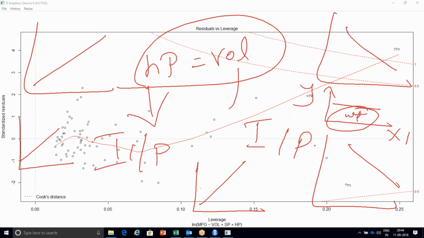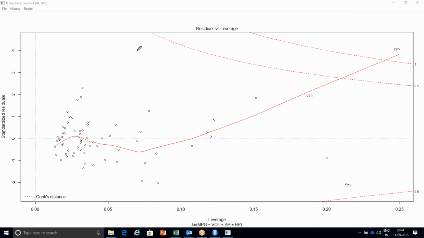Okay. Bharat, sorry, one more question from Rakesh. Rakesh, Cook's distance is a standard. It tries to identify, for each and every record, what the distance is. I'm going to show you what the distance is with respect to clustering, but here it is of no use. So as a thumb rule for Cook's distance, keep it as: if it is greater than 0.5, that particular